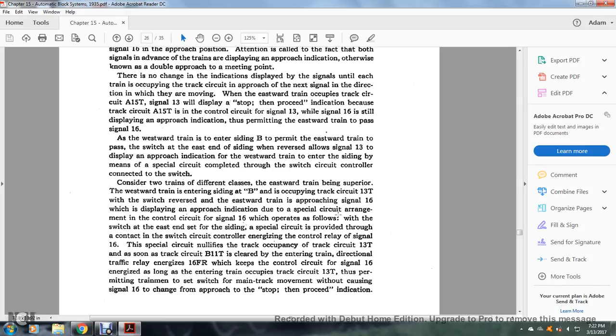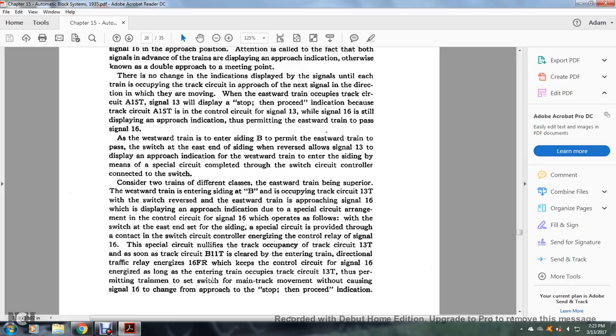an approach indication due to the special circuit arrangement and the control circuit from signal 16, which operates as follows, with the switch at the east end of the siding. A special circuit is provided through the contact with the switch circuit controller, energizing the control relay of signal 16. The special circuit is nullified with the track circuit 13T occupied, given that the track circuit B11T is clear for the entering train. The directional traffic relay, energized with the 16 FR, keeps the control circuit from signal 16 energized as long as the entering train occupies the track circuit 13T,